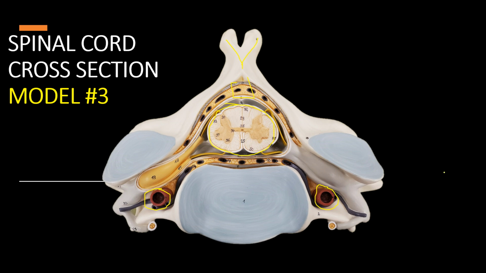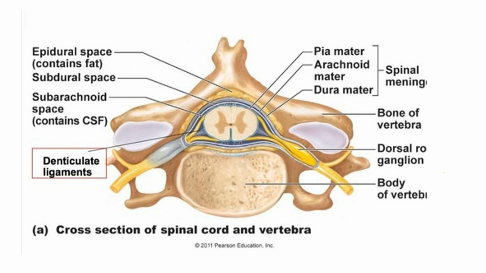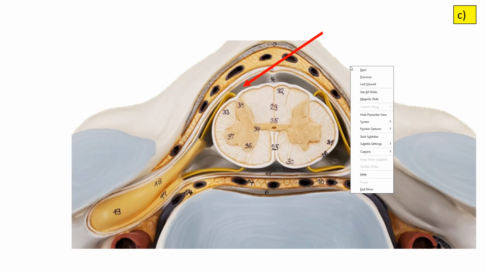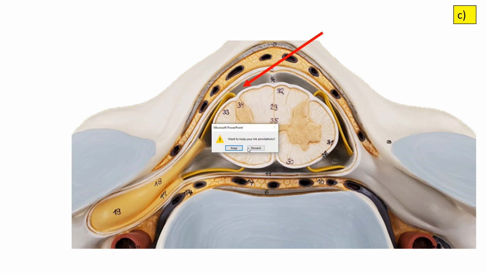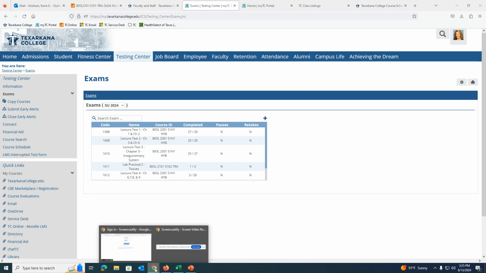So you kind of see the spinal cord sitting within the vertebral foramen, which makes it kind of interesting. But again, all of this is gone through and labeled for you, so that way you can start labeling everything on your own. So I'm going to have you guys do those 2 models on your own. And that's going to conclude the